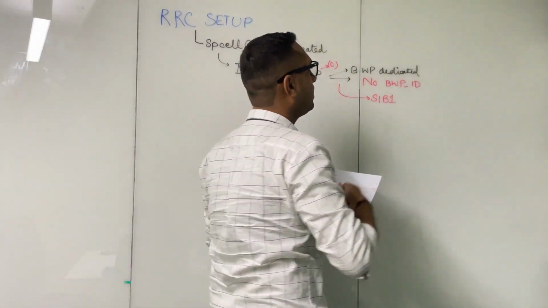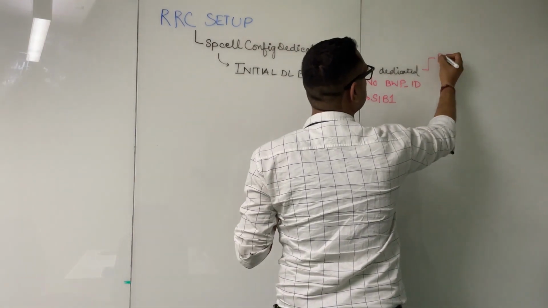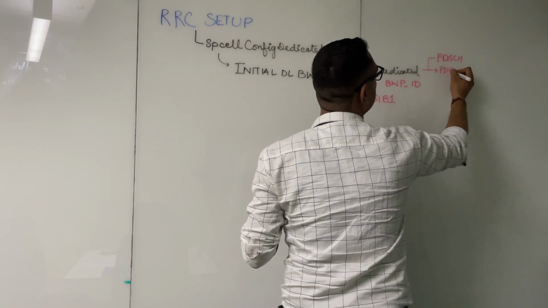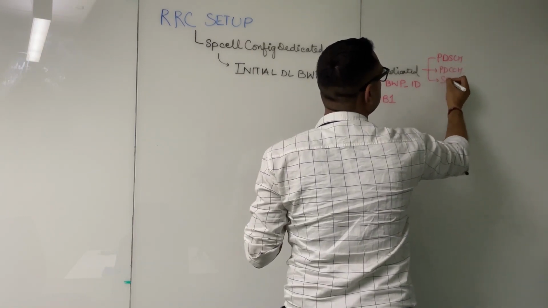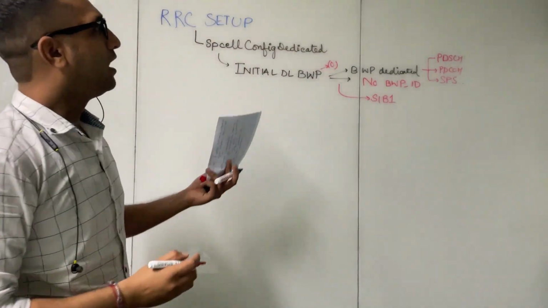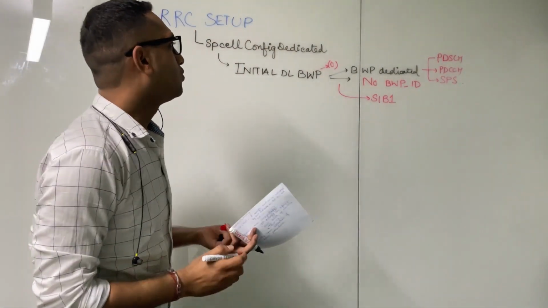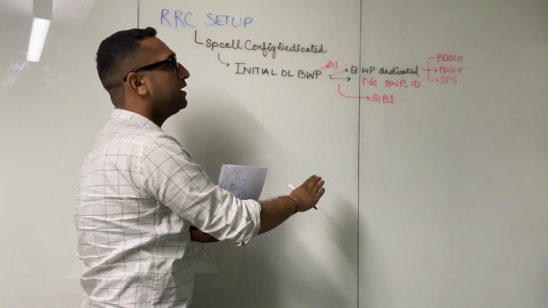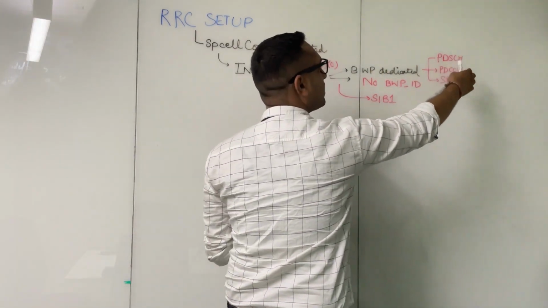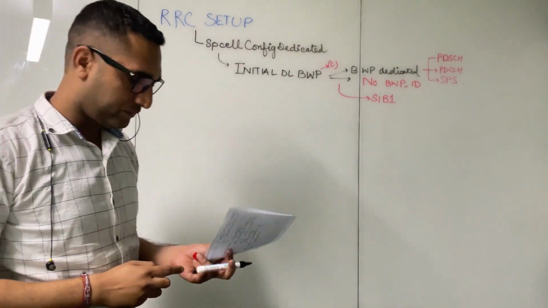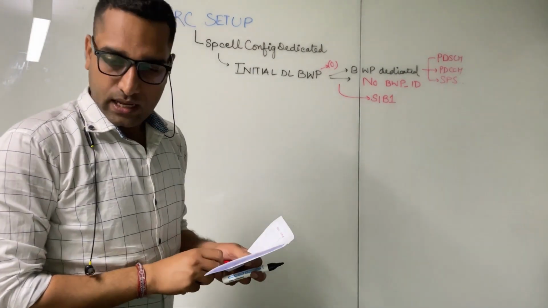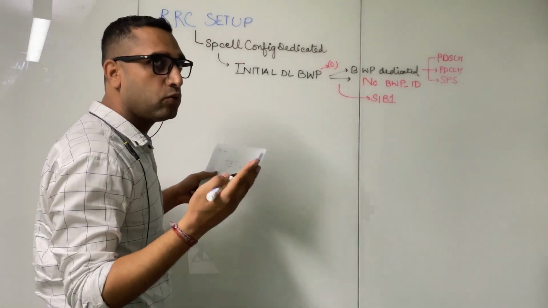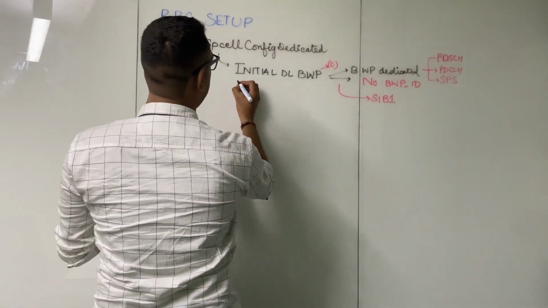This dedicated config basically contains config for all the channels, like PDSCH config or PDCCH config or SPS config etc. All these things are a part of BWP dedicated. So if you were to operate in the initial DL BWP, it will apply these configurations for these channels or procedures. Second important part of SP cell config dedicated with respect to bandwidth parts is the add mod list,